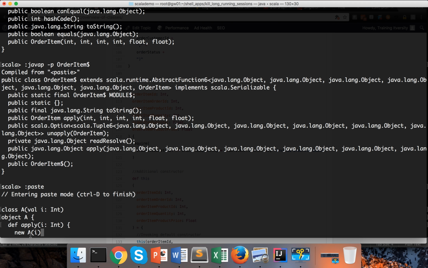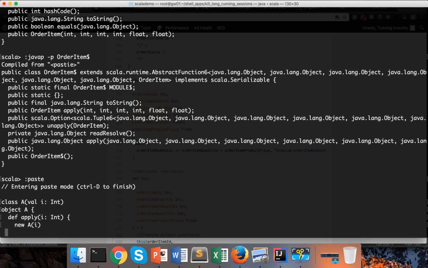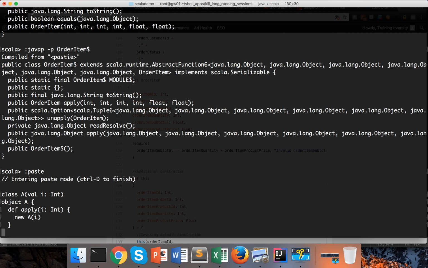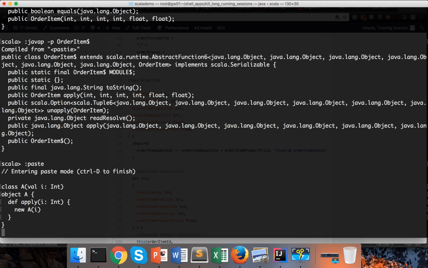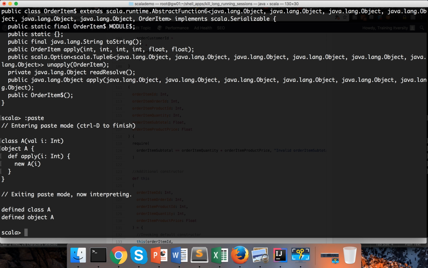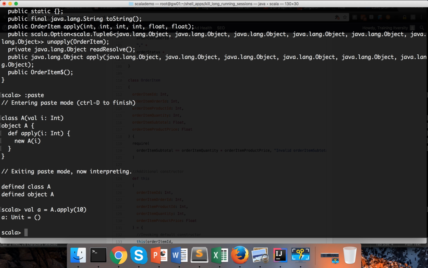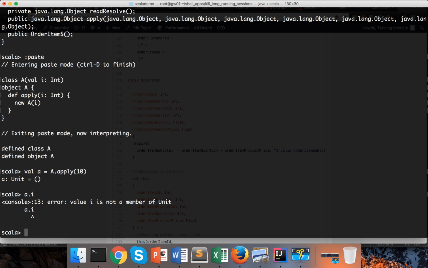So I am instantiating an object of class A, and then I am returning it as part of this apply method. Okay, then I am closing the apply method, and then I am closing the object, hitting Control D. Now we have the class A and companion object A. Now you can invoke this apply method like this. If you want, you can say val a = A.apply(10), because it takes one argument, and it works fine. And then you can access